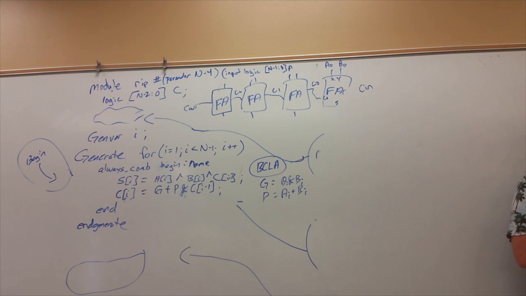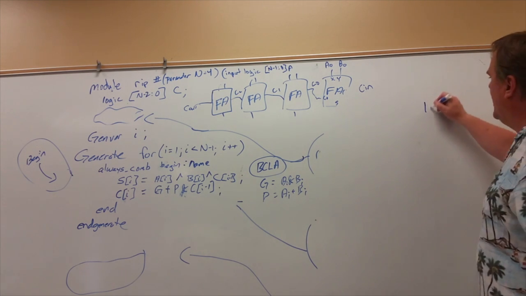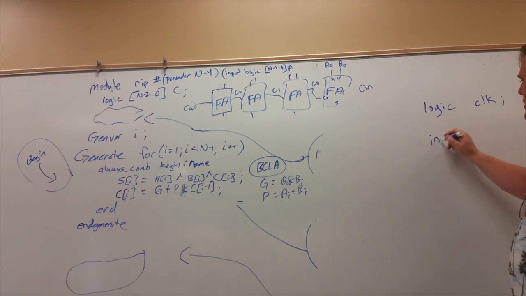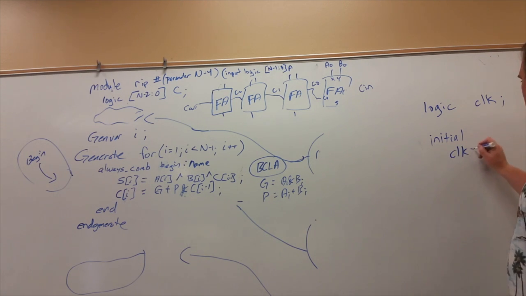I want to start talking a little bit about test benches for this type of combinational logic. One of the first things I might have to do is generate a clock signal. So imagine I come in here and inside I make logic clock, and then let's say I do initial clock equals 0, forever, wait,